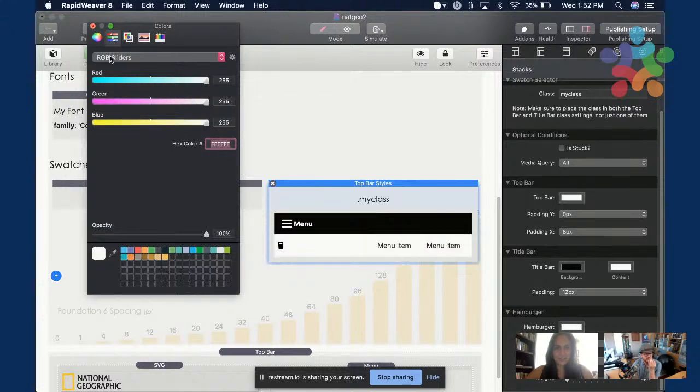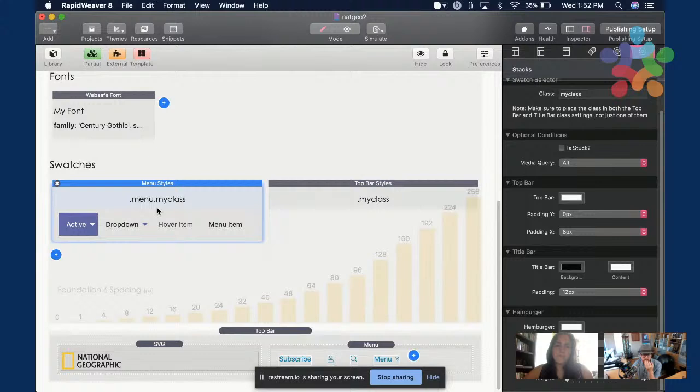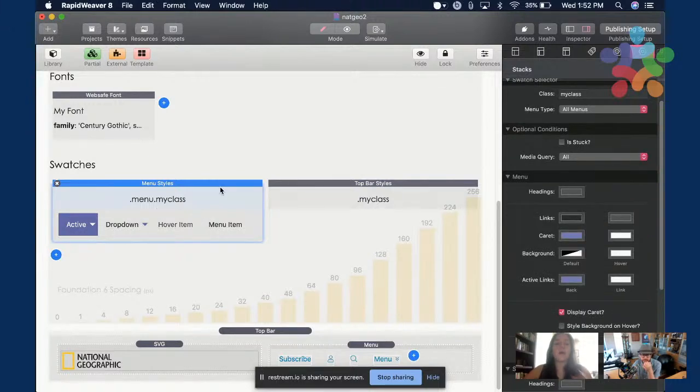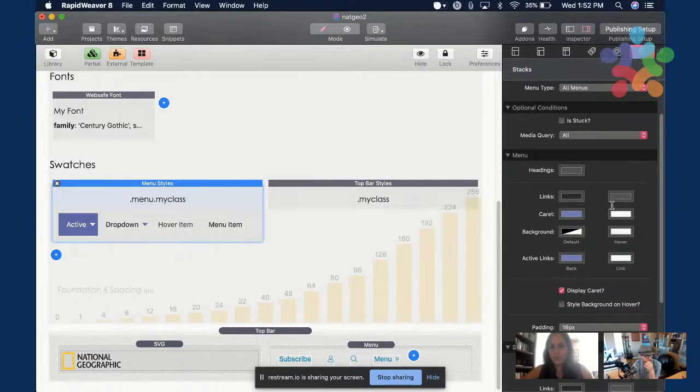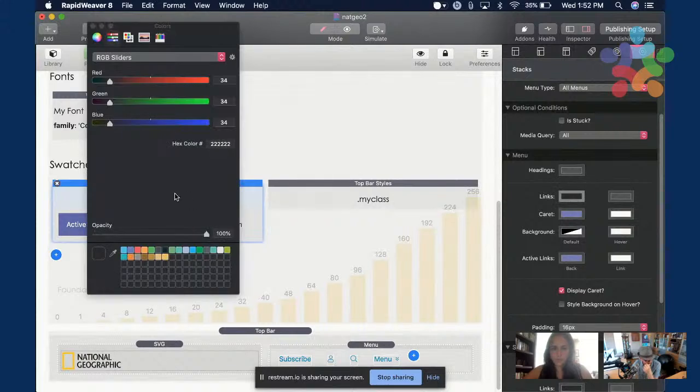There we go. So that's just to remove the gray. And here I'm not going to go into the mobile version. I'm just going to work on the desktop version because it would take forever. So I want the links to be black, and that's the hex code for black.